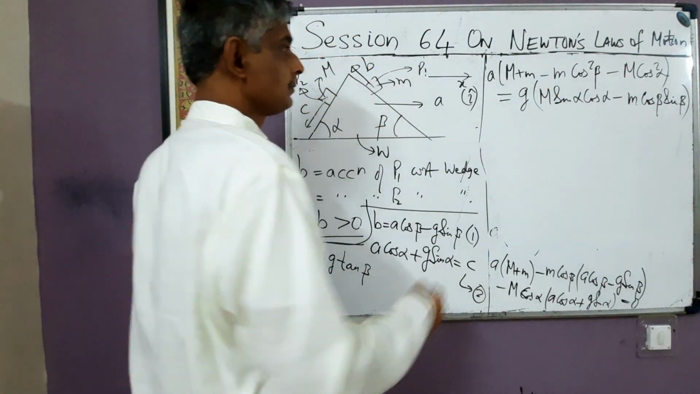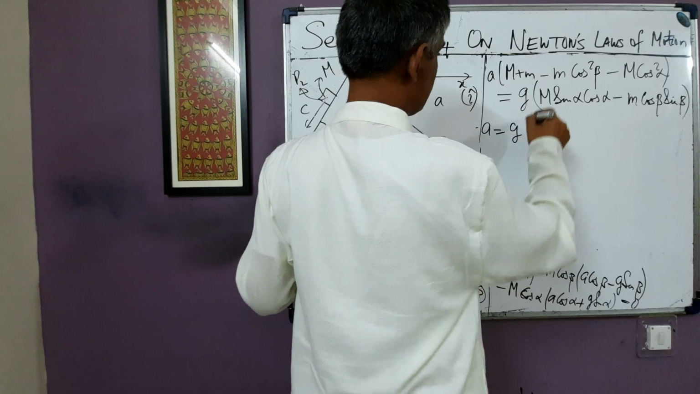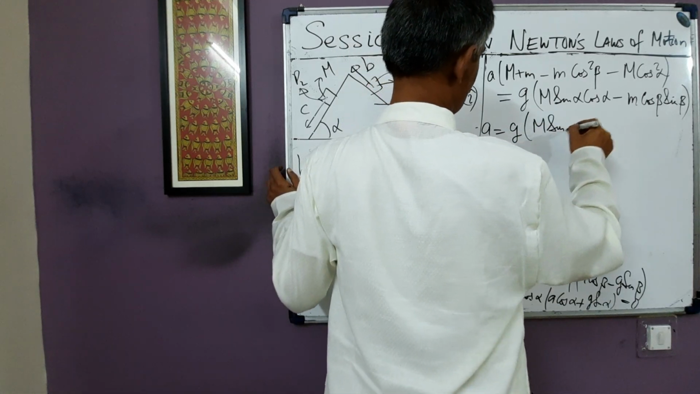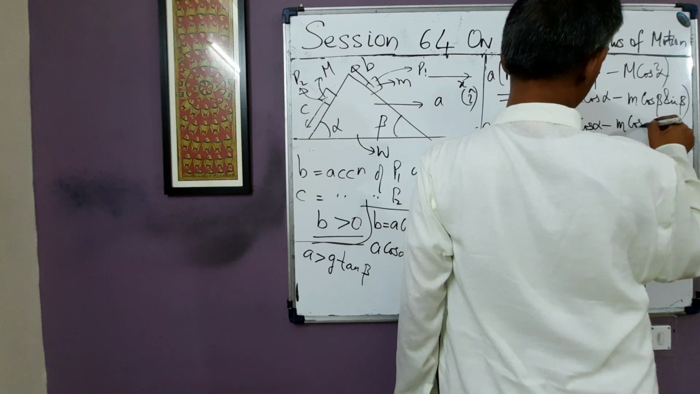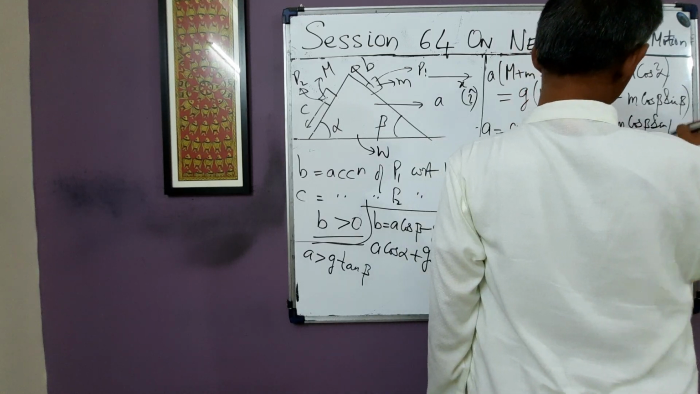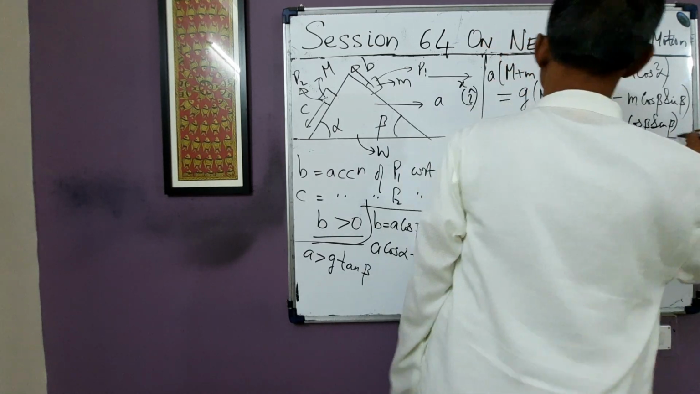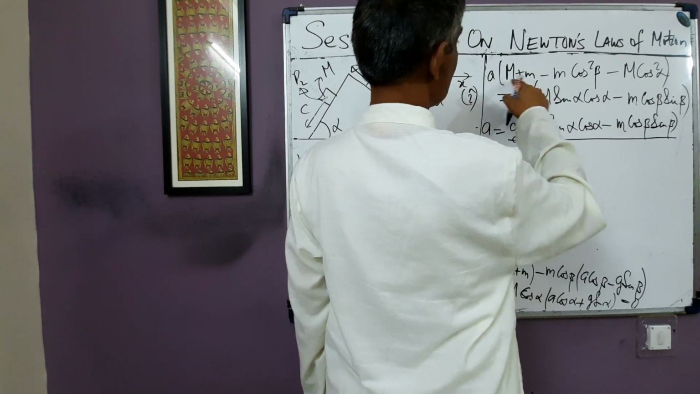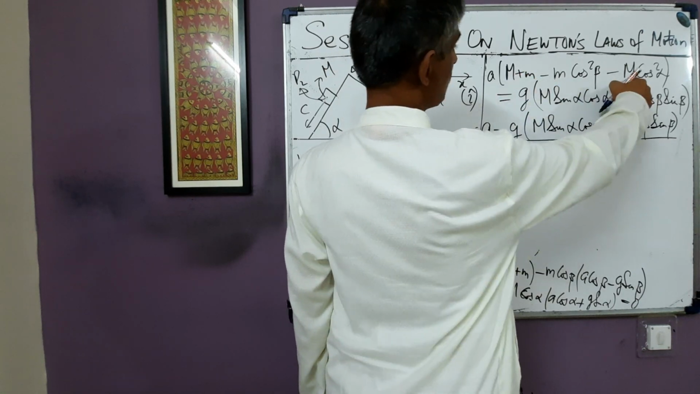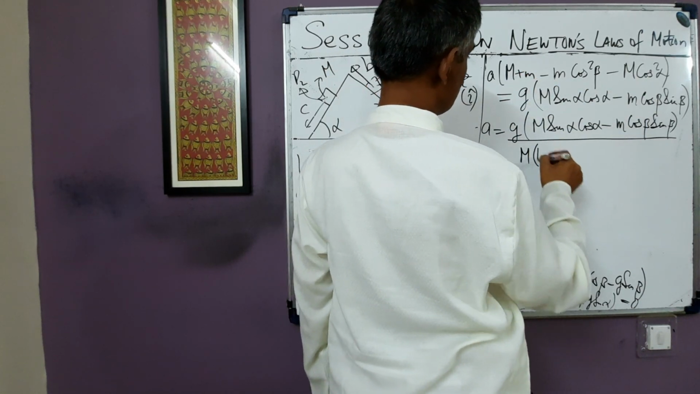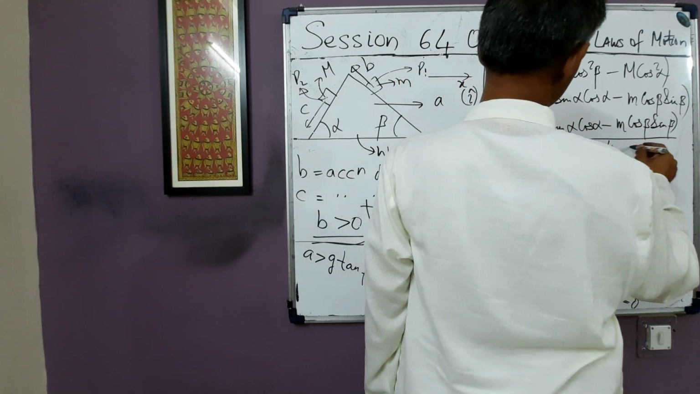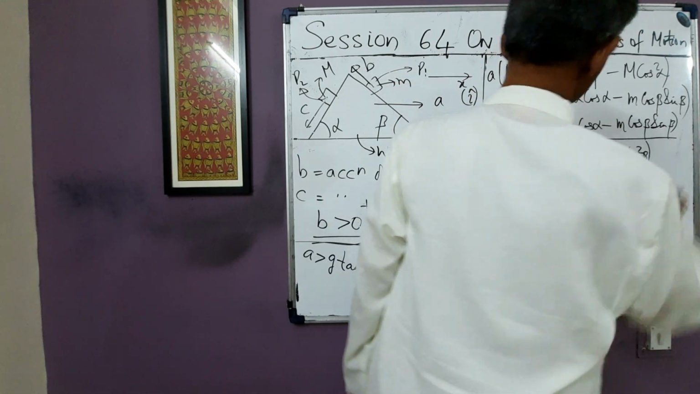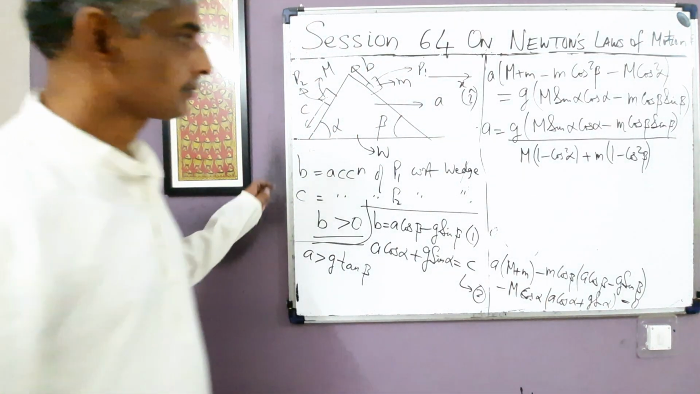Okay, fine. So it becomes g times m sin alpha cos alpha minus m cos beta sin beta upon, now here small m is common and capital M is common in this, so I take common, 1 minus cos square alpha small m into 1 minus cos square beta. Okay,